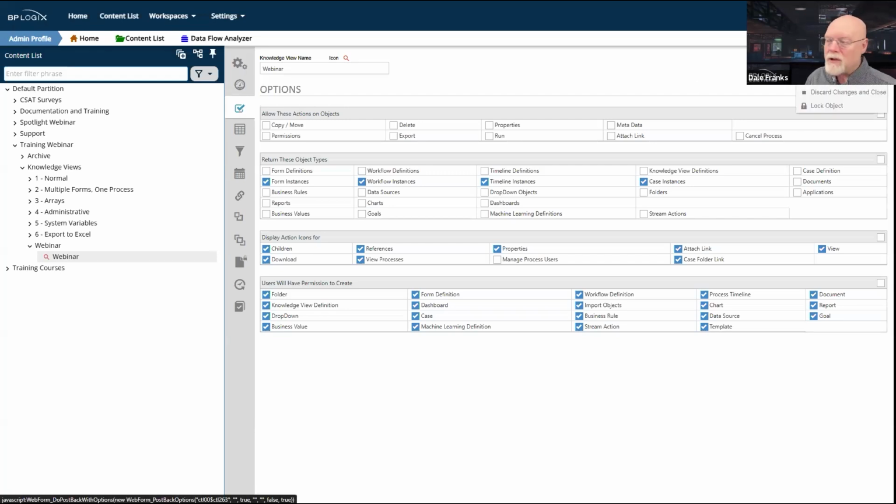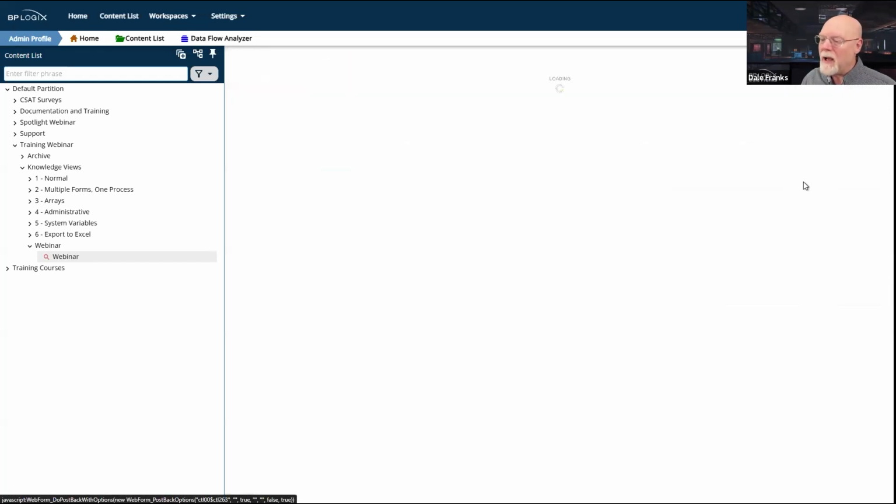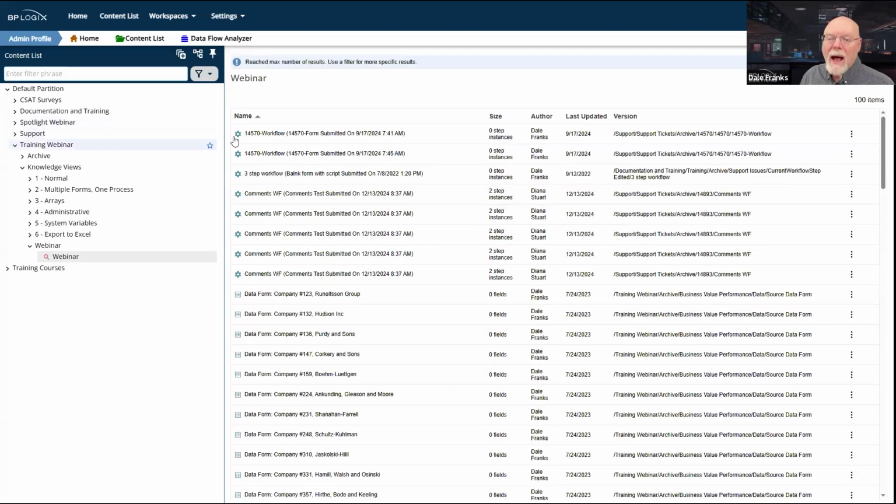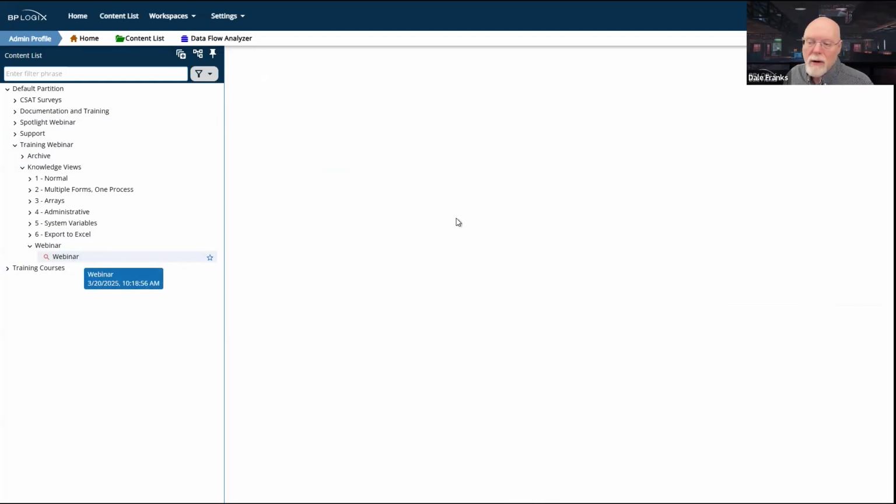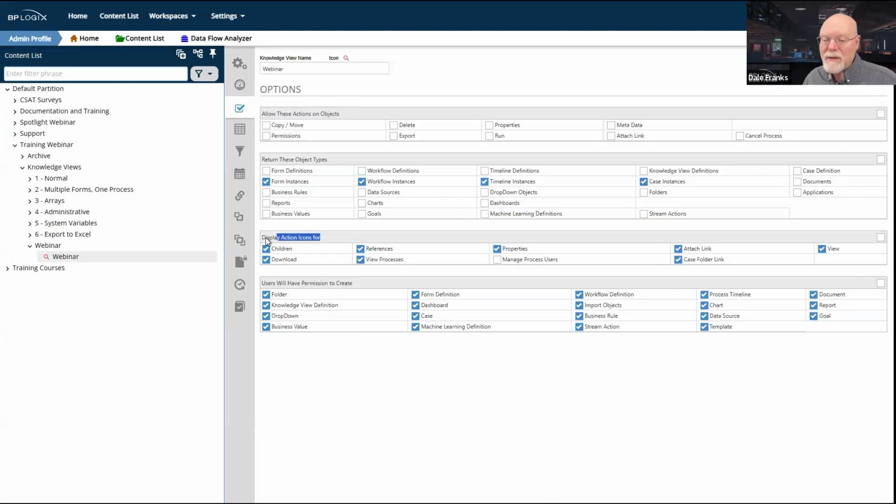And let's just do this one at a time. We'll update and run it with what we've got here. And now I don't have checkboxes over here. So I can't actually click a checkbox to make my buttons appear because they're not allowed to have any actions. If you're not allowed to do any actions, we just don't show you the checkboxes in the UI. I still have all of these dangerous things happening over here, but we're going to fix that too, because down here in the display action icons for section, again, we can turn that on and turn that off so that we can just turn all of that stuff off.